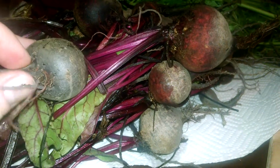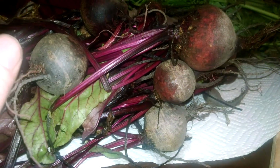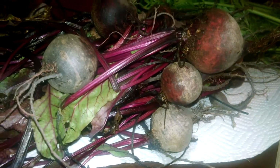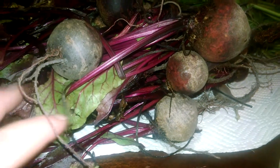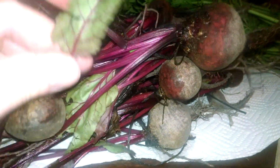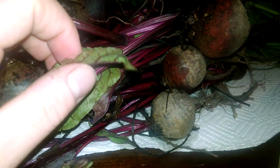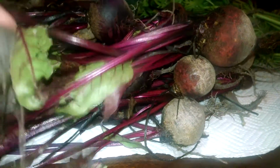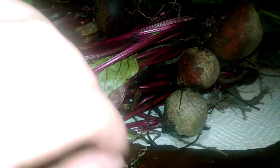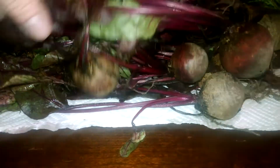We haven't really had beets that often to eat for dinner since we started harvesting them, because I have a lot accumulated in the fridge. I like to roast them with different vegetables and olive oil, salt and pepper. But we have had it a couple of times. But what we've been eating a lot is the beet greens, and I've been just cutting them up, washing them and treating them like lettuces in salads. And it is delicious, and I feel like we've been getting a lot of good vitamins and minerals from that. And some of the greens had started to look a little bad, so that's one of the other reasons I wanted to go ahead and pull them, because if I can salvage some of the greens, I would like to, because